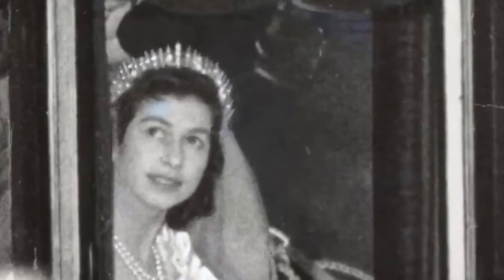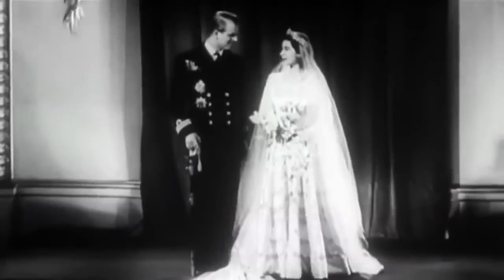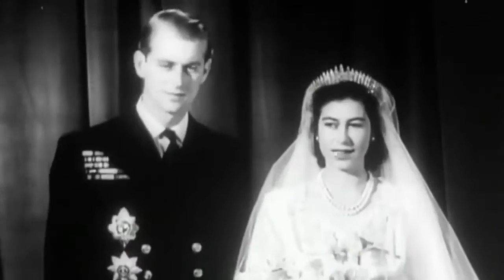On her wedding in 1947, the Queen wore the Queen Mary fringe tiara, given to her by her mother. There's actually a great story behind it, in that it snapped. It actually snapped on the morning of her wedding day, and a palace aide had to rush it to the jeweller to mend it and then rush it back. And if you look very closely, you can actually see the break there when it snapped,